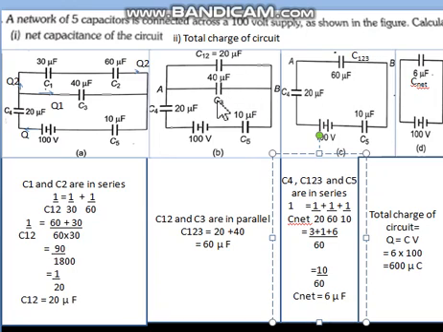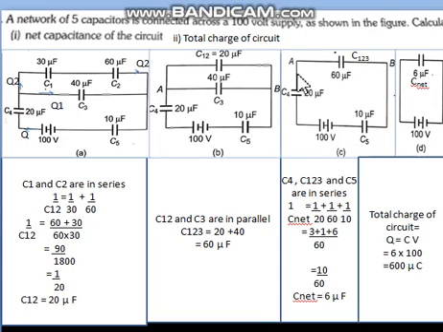Now we have to replace these two by single capacitor. We will name it C123 and the value is 60 obtained. So you can see we have simplified the circuit till here. After that now battery is here and first, second, third, three capacitors are shown. So again, if we take the charge from the battery, whatever charge flows through C4, that only flows through C123, and that only flows through C5.